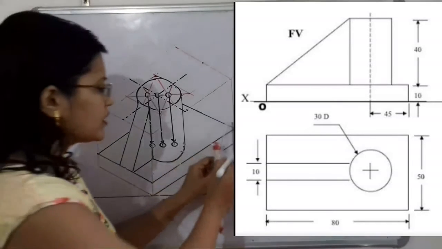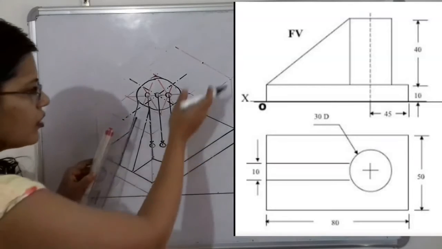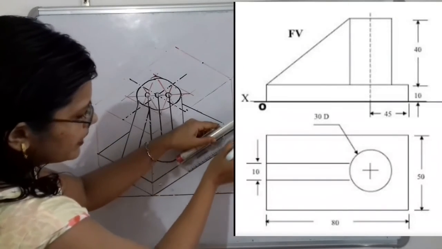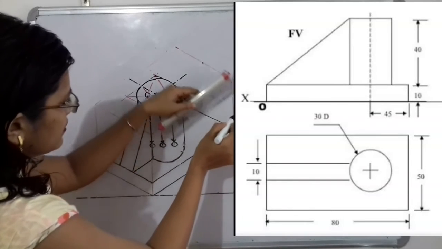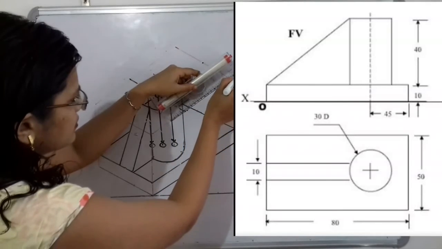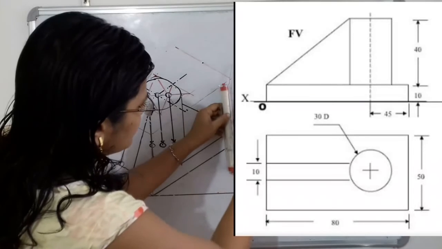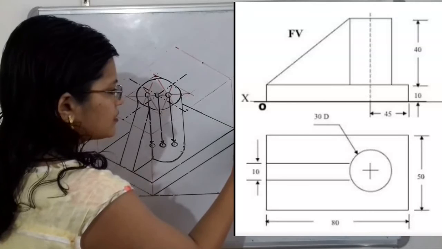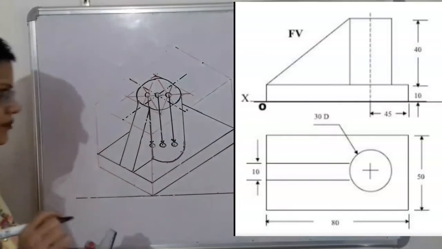Now we will give the dimensions. So how to give the dimensions? So for this, along the height we have to give the dimensions. So how to give? Take the line parallel to this length line, and here is the height. So here is the total height. Now take the line parallel to this height, and now we can give the dimension. So what is the dimension? So here the construction of 10 millimeter and the remaining is 40 millimeter.